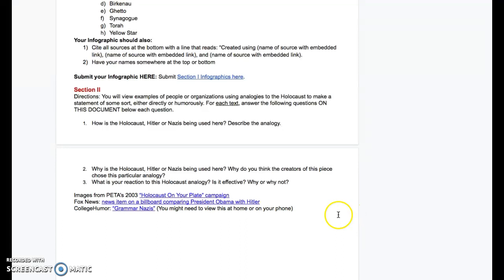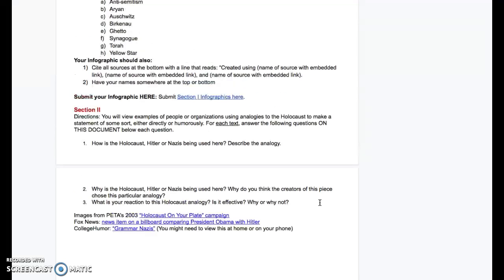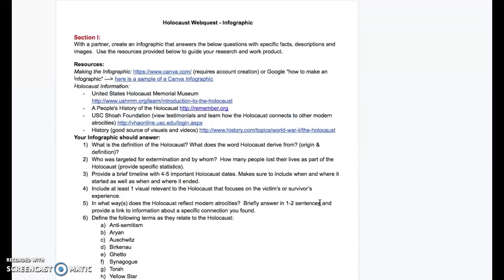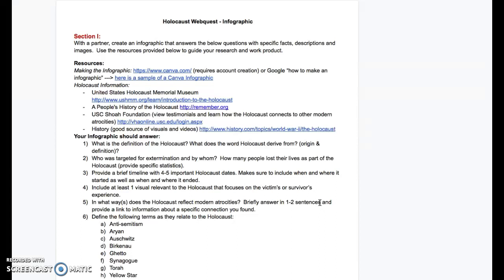I'm looking for this to be due by the end of the period. However, if you don't finish and the substitute leaves a note that you've been working very conscientiously and diligently, then I can give you extended time. However, if you guys have been goofing around, it's too bad, so sad. I know you'll be the fabulous people that you always are, and this will not be a problem.